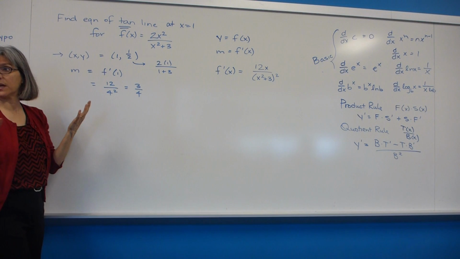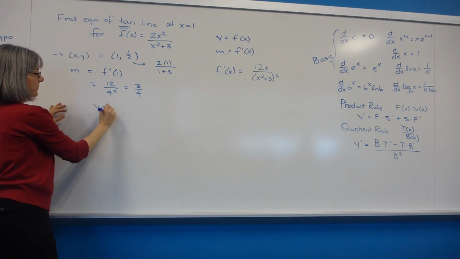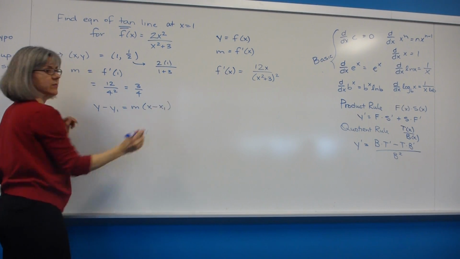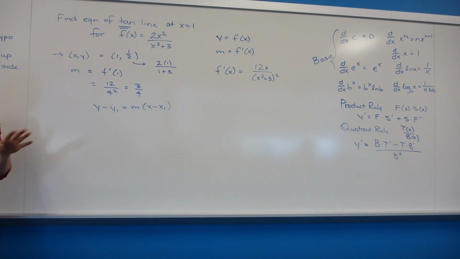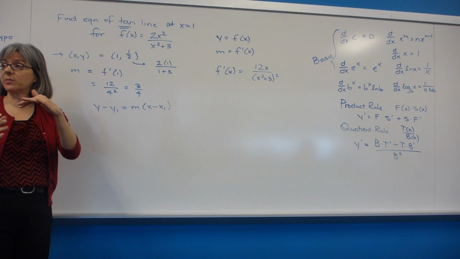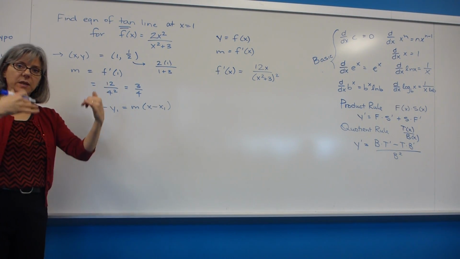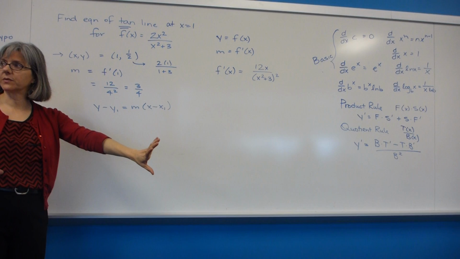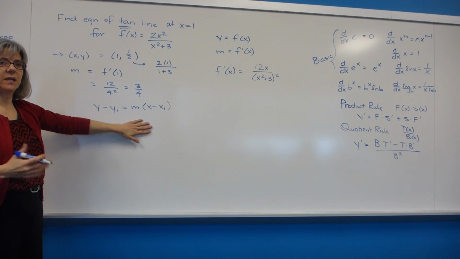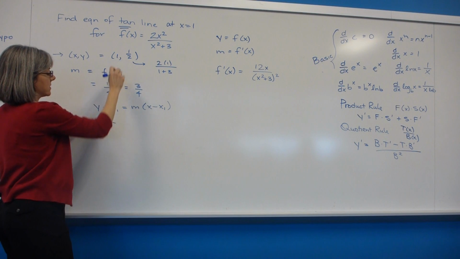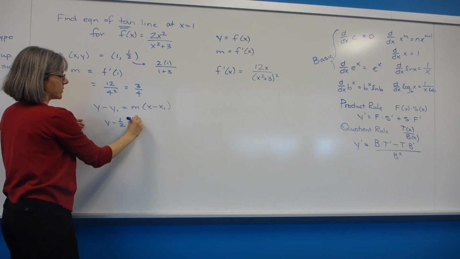I prefer the y minus y1 form. That's my preference. If you guys like the y equals mx plus b method, feel free to use that. Totally fine either way. Just remember, when you get to the end, if you use y equals mx plus b and you get b equals something, you're not done yet. Now you need to go plug that back in and write the whole equation. I like this one because once I plug in and solve for y, I'm done. So we'll have y minus a half equals 3/4